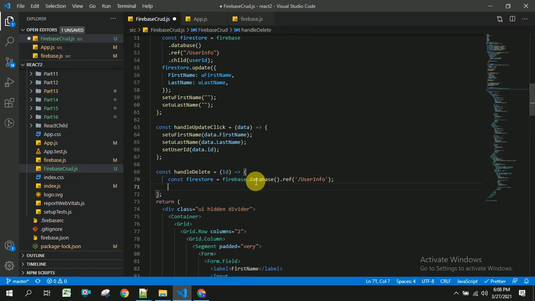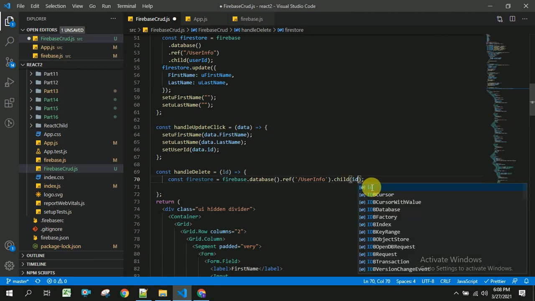And inside this, if you use this, we will be getting entire user info object, but we will be deleting only particular object from the user info. For this I am going to use child of, and I am going to send the ID of that particular child object.